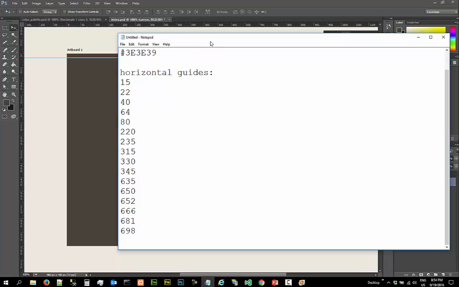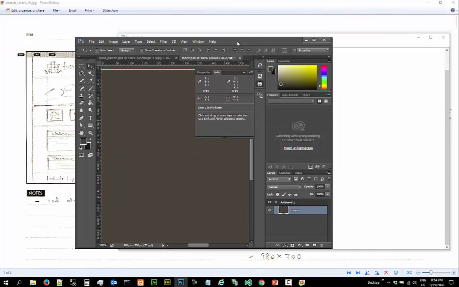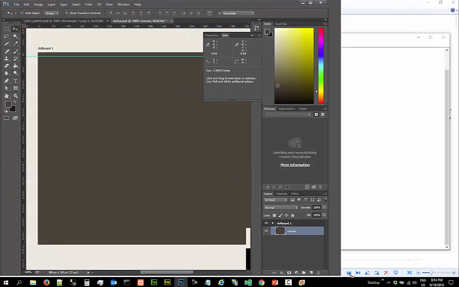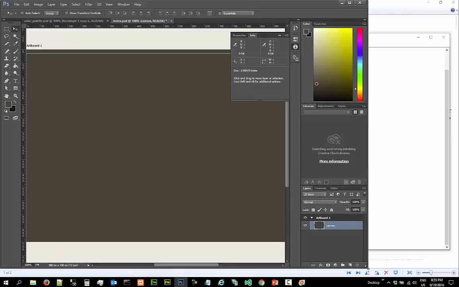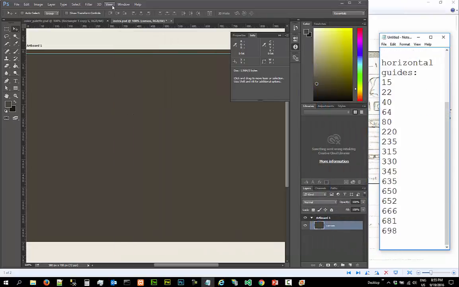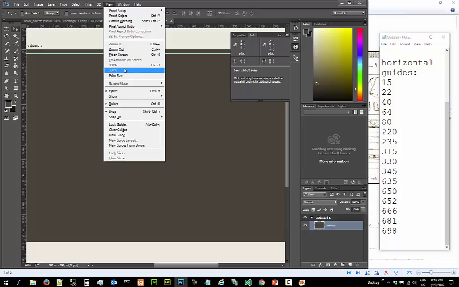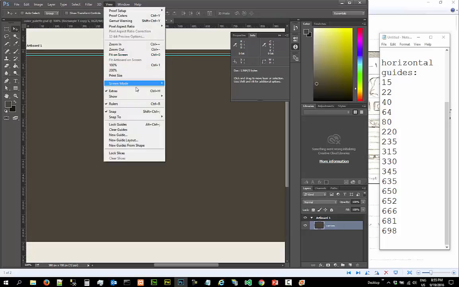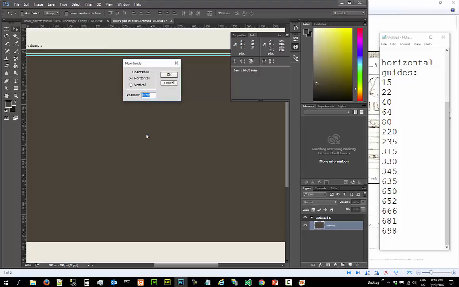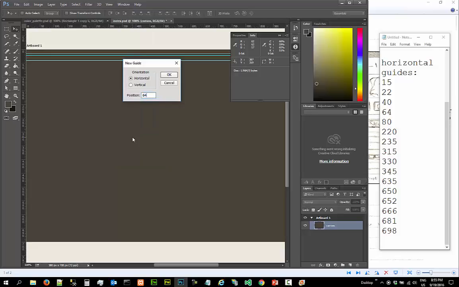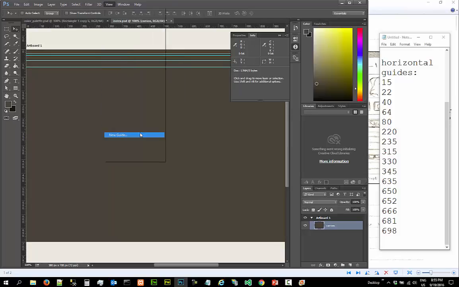So I'm going to move this to one side so I can quickly do this. So you go to View, New Guide. Let's try 22, see if it works. Hey, it works. So View, New Guide 40, View, New Guide 64, 80,